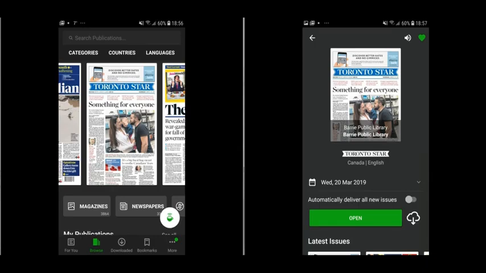It can be overwhelming, so also in the settings of the mobile device there is an option to set the number of downloaded issues that it will reach before it starts to delete older ones. So that can be